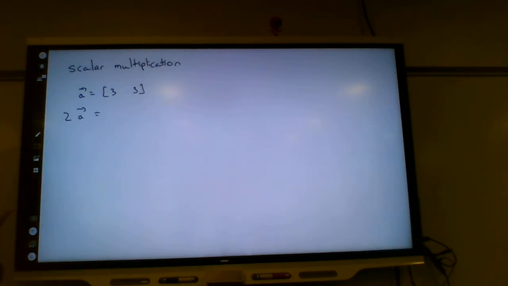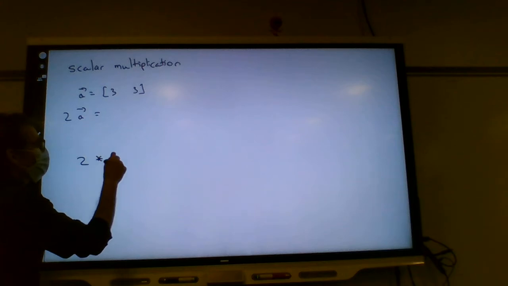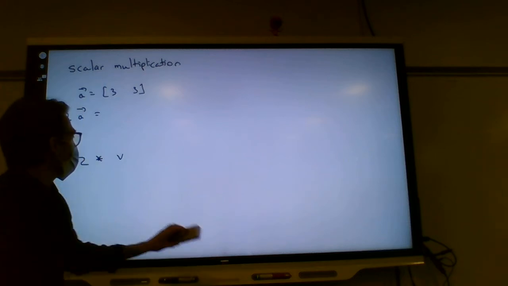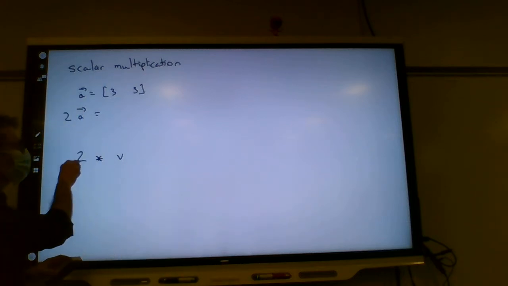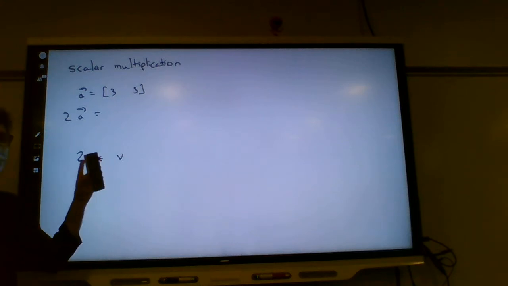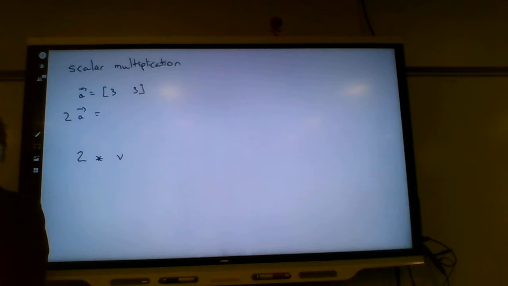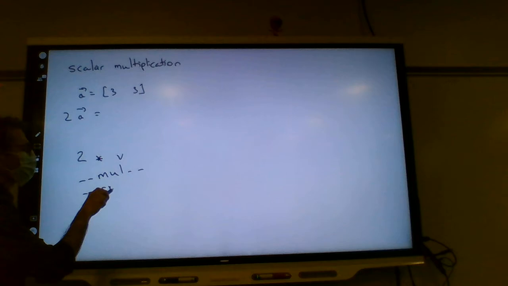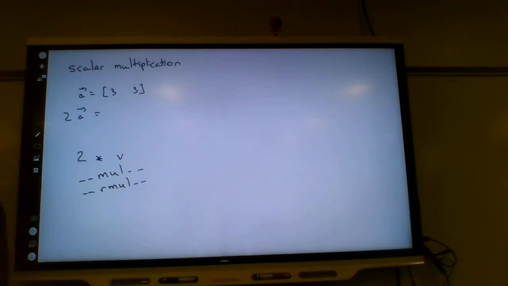When we're doing this in a Python program, we're going to have to do this kind of thing, right? 2 times the vector, which means what will we have to do? We will have to define what that means. So what method will we use to define what that means? We'll have to use these 2 that we saw in the fraction class earlier. This one,